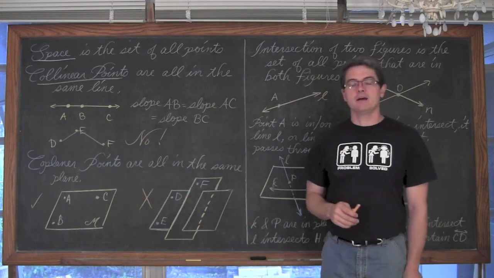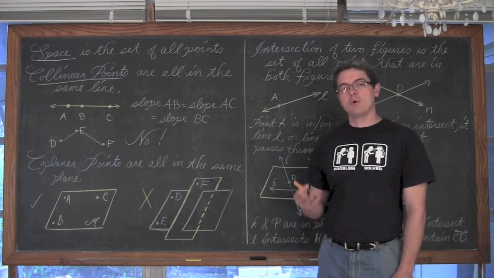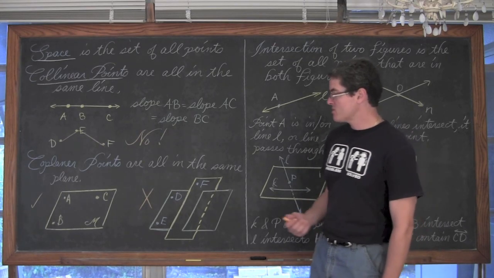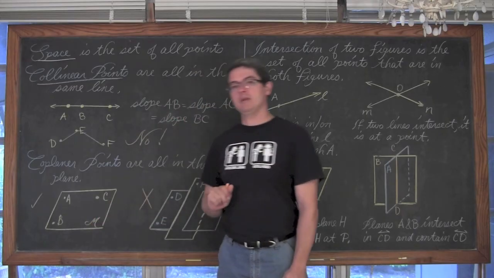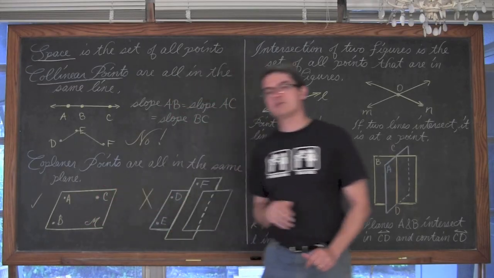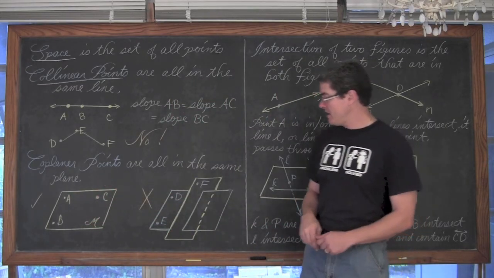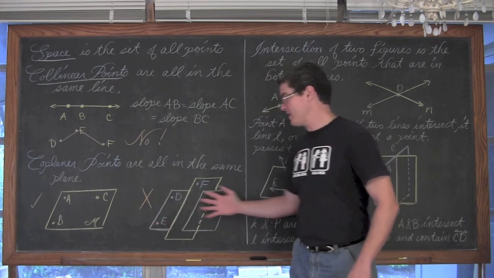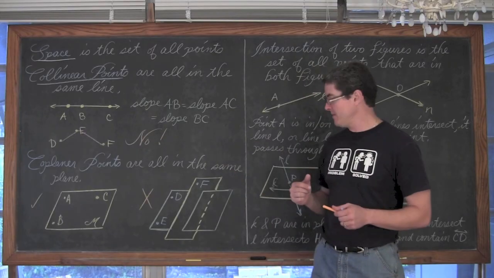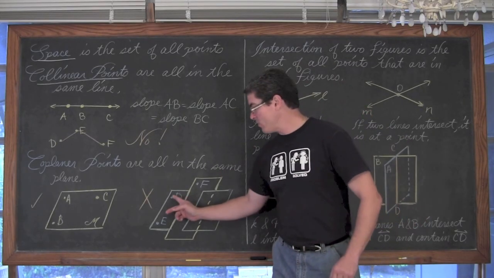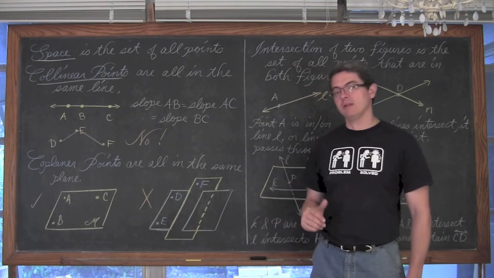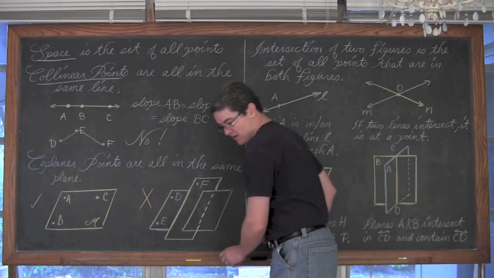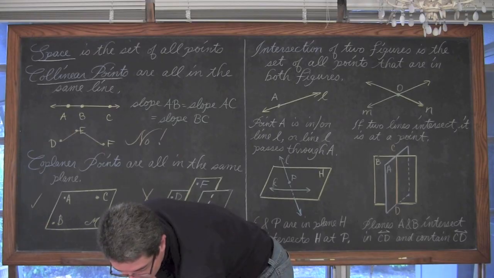Coplanar points, as you might now guess, are points that all share or all fall within the same plane. So I've just simply drawn a plane M here and identified 3 points that are inside that plane. And here I've drawn a green plane, going in this left-right direction, even though of course they extend indefinitely, where I have the points D and F inside that plane, and then coming through from a different direction, just to give you more of a